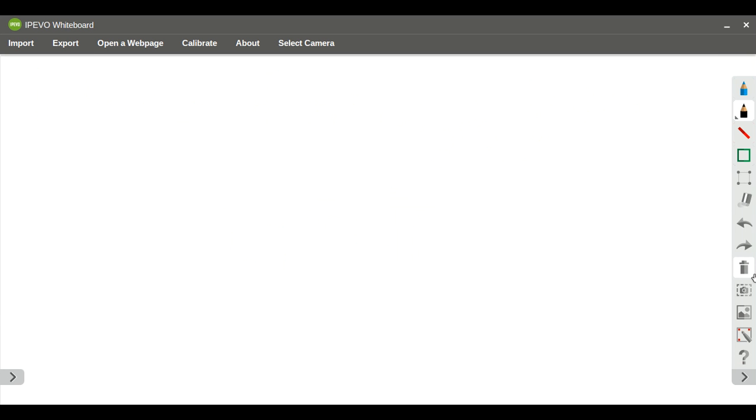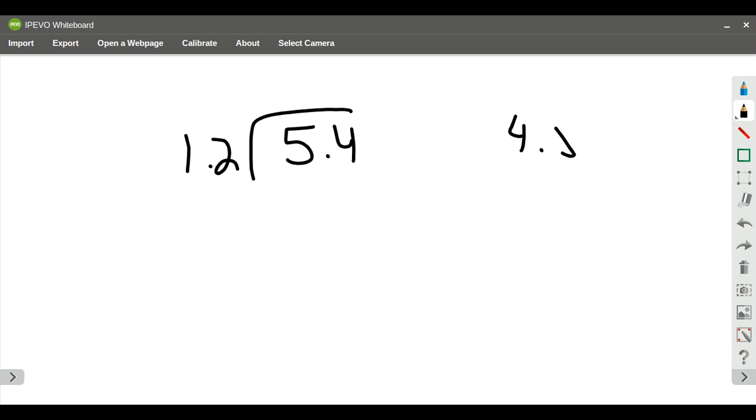Okay, so if we take a look at our next problem, we're going to move into your guided practice. Your guided practice for number 1 says that Janie solved 5 and 4/10 divided by 1 and 2/10, and Gary solved 4 and 8/10 divided by 1 and 6/10. And so what they want to know is, why did Janie place a 0 to the right of the dividend, but Gary did not? If you take a look at the work down on the bottom,